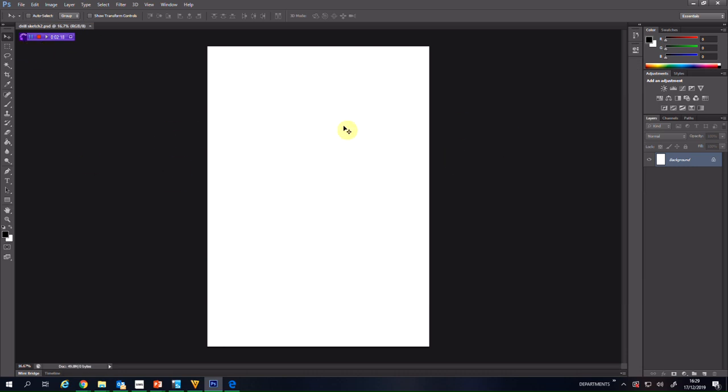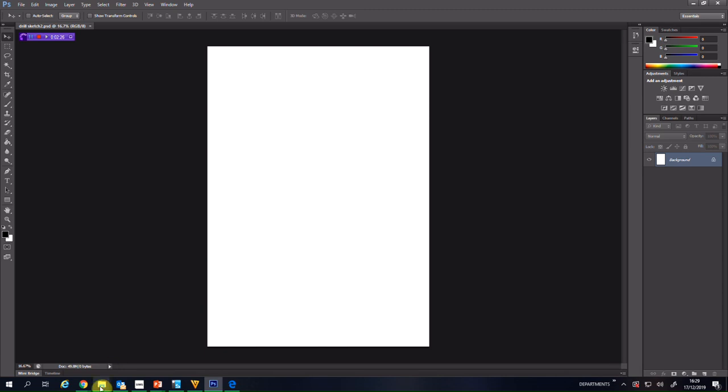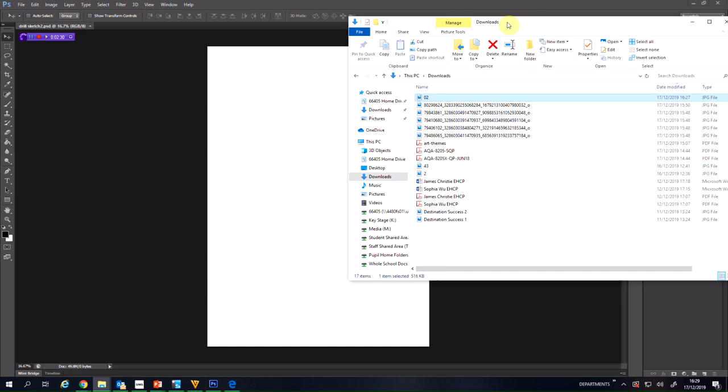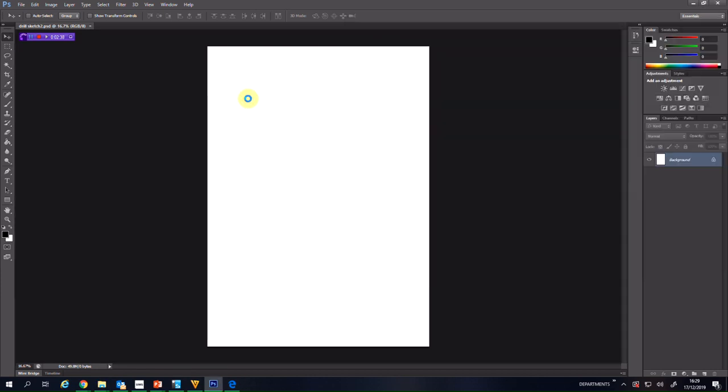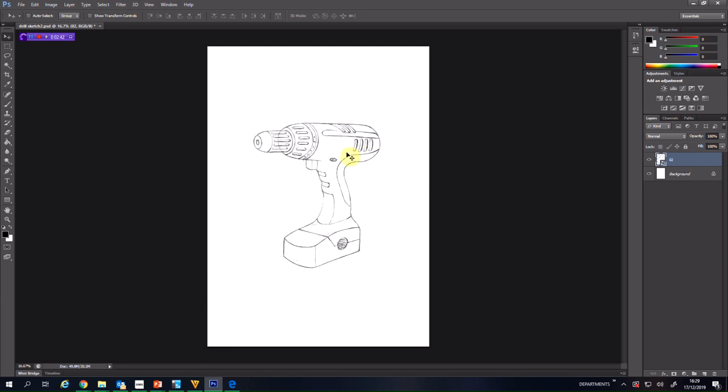Now I need to put the picture on there, the sketch on there. So what we have to do is we go to the folder that it's in, so it's in the downloads folder at the moment, and we're going to click and drag, and you see how the surrounding box goes white. You let go and there it is. So press enter,